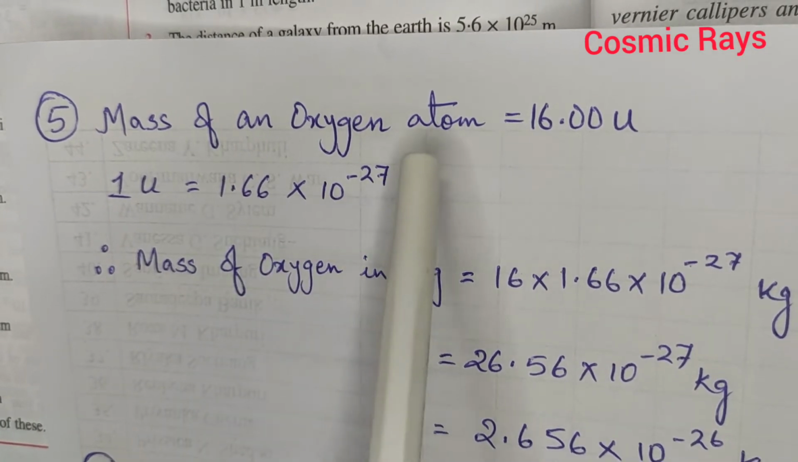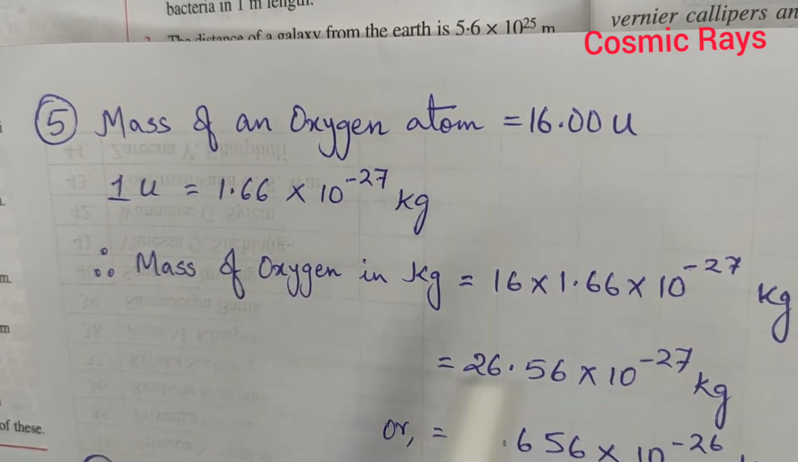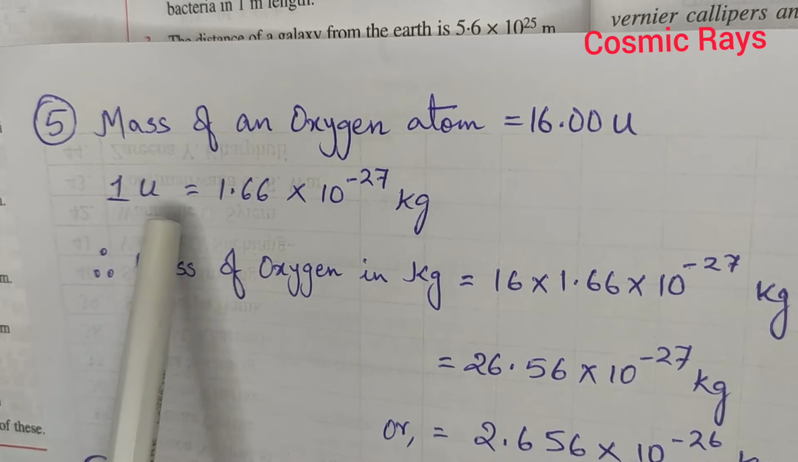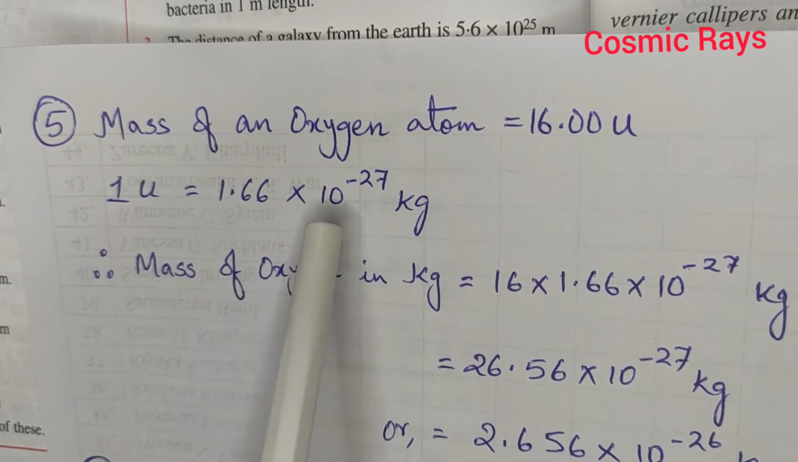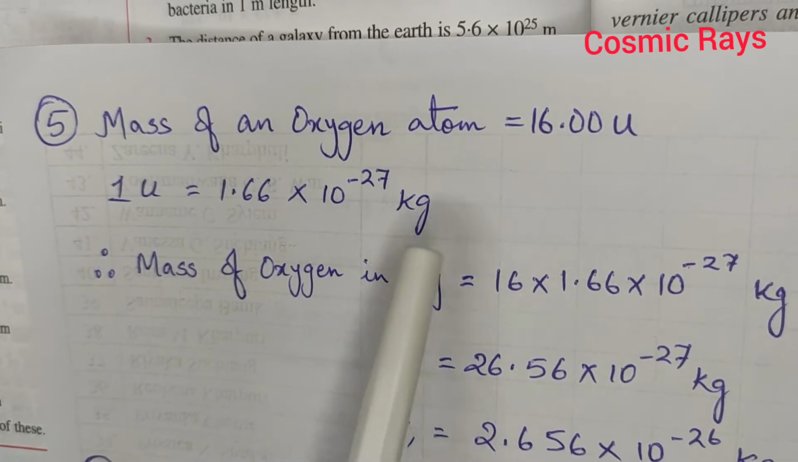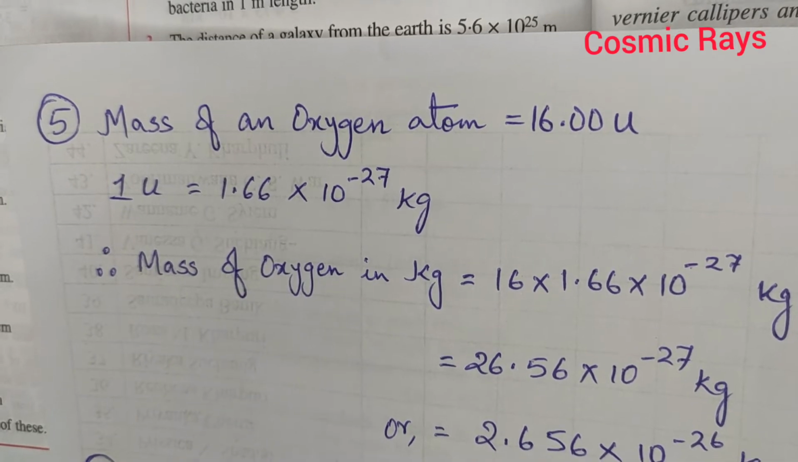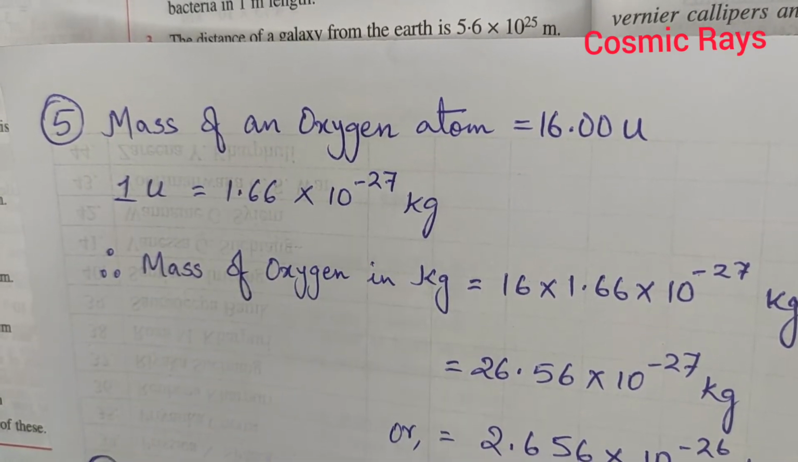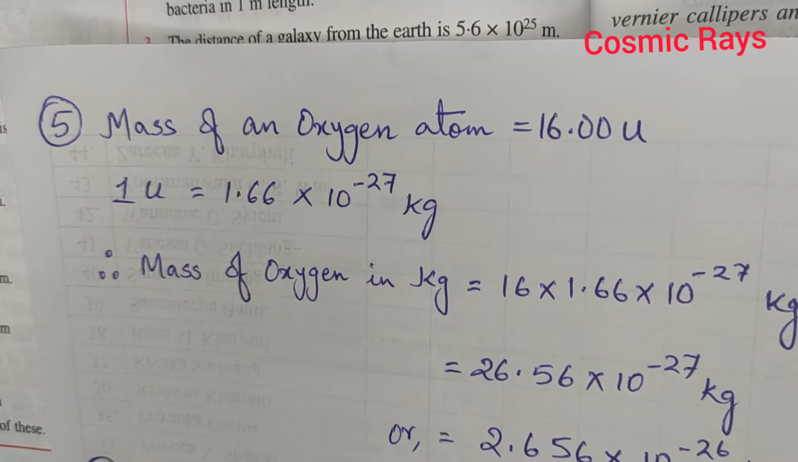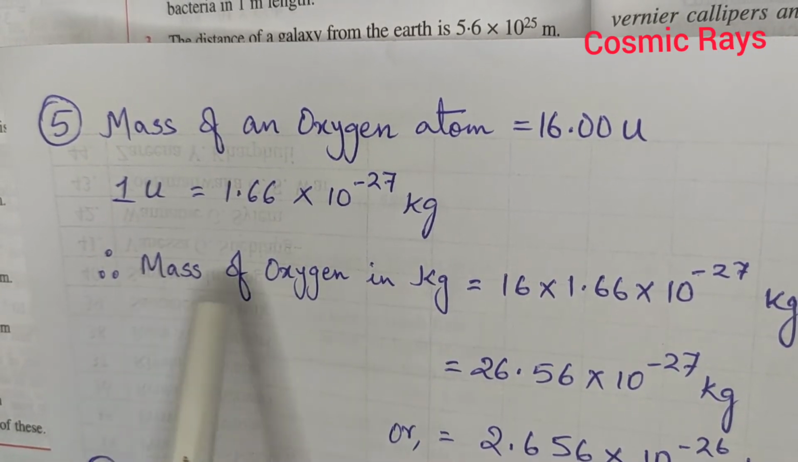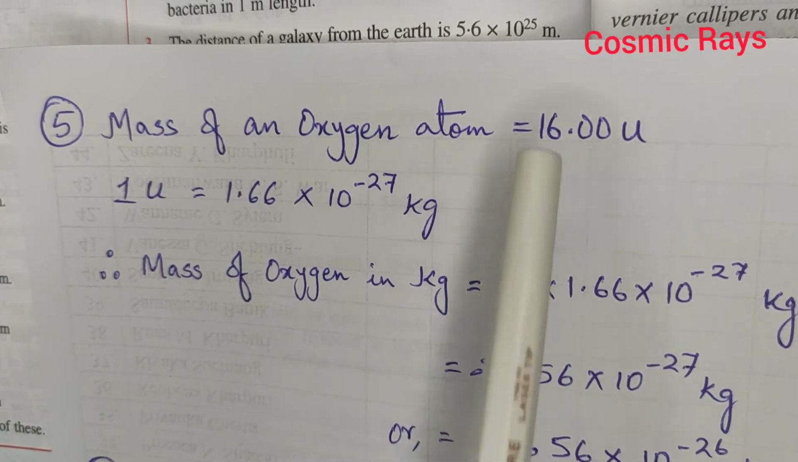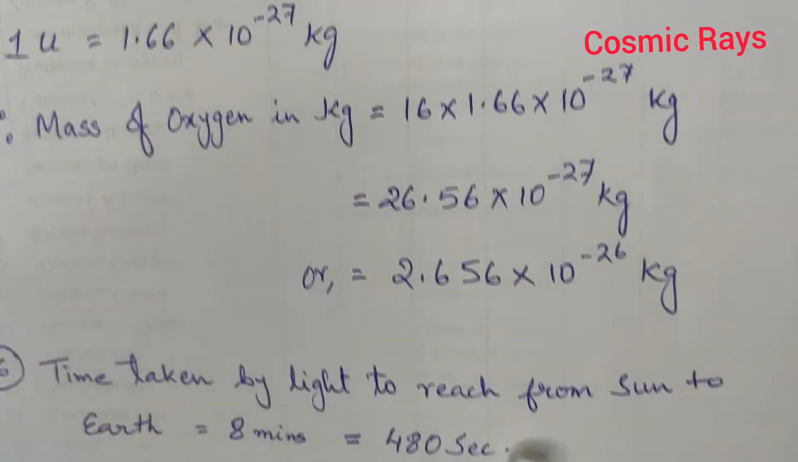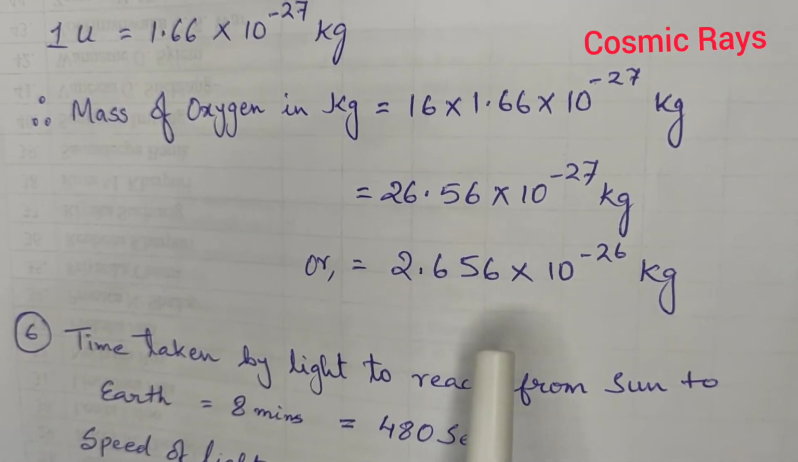Mass of the oxygen atom is 16 U, which is given in the question. 1 U is 1.66 into 10 raised to the power minus 27 kg. If you check your textbook, you will find this relation in the 1 atomic mass unit section. So the mass of the oxygen in kg would be this multiplied by this. So when we multiply, we find it to be